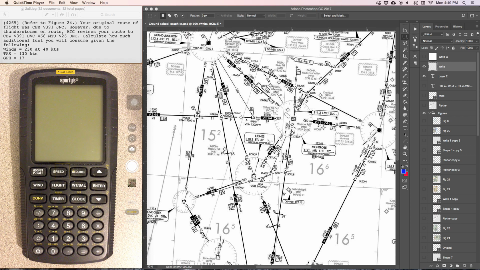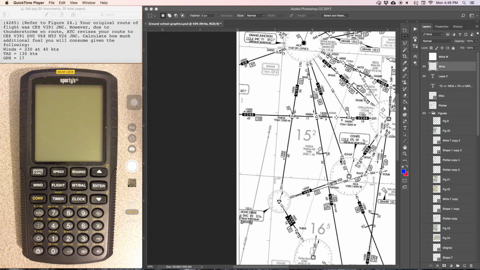This problem is more involved, so if you get to this type of problem on the written, I would skip over it and then come back to it after you've answered all the other questions and you have time to work on this one. So what they're asking for here is the fuel difference between two different routes. So the original route that you have filed